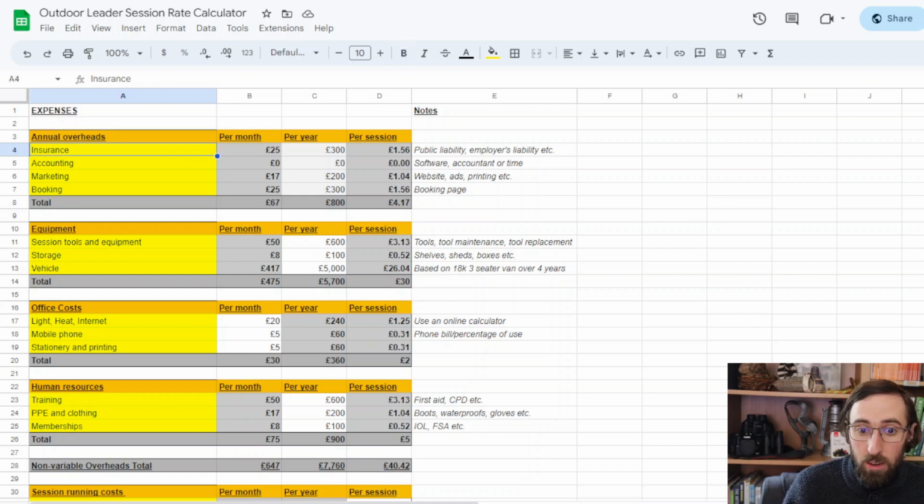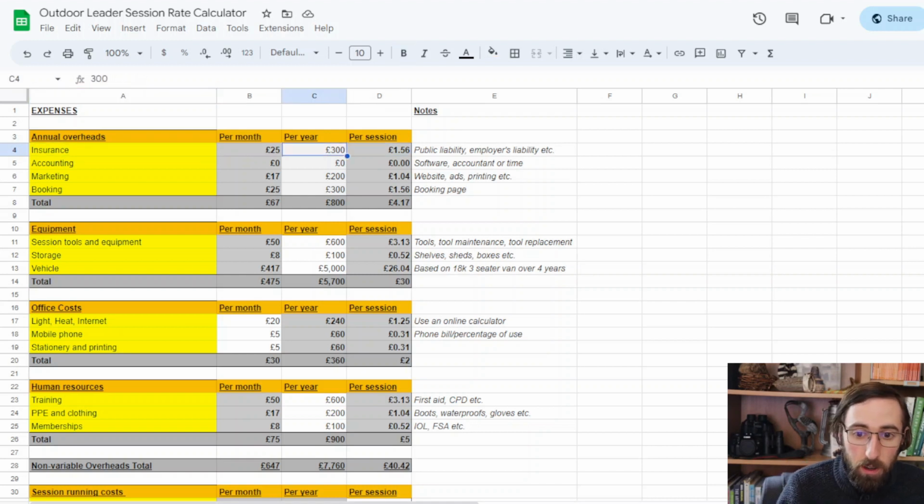Top of those is insurance. You're going to need insurance unless you are working for a school and they provide their own insurance, or a different organization, in which case that number may well change, but it is still worth having your own insurance to be able to run sessions alongside that. So even if you're school based, you might want to run a birthday party here, or run a little bushcraft or wreath making workshop there. Insurance is pretty high up there on the necessities.